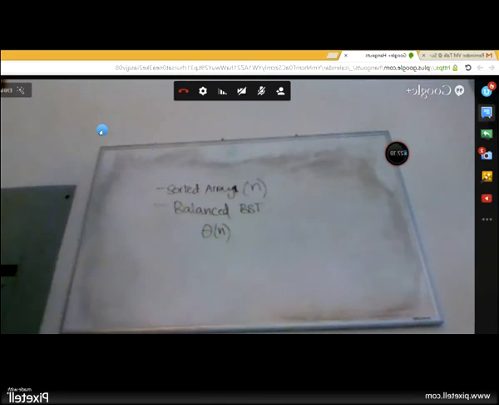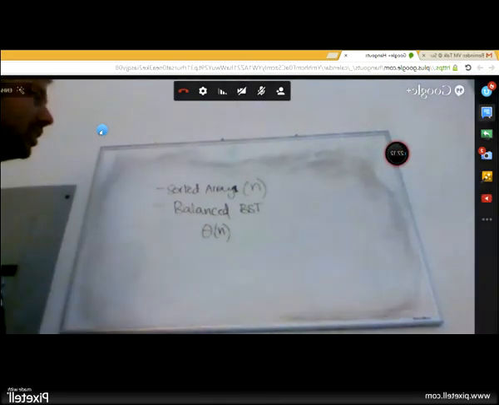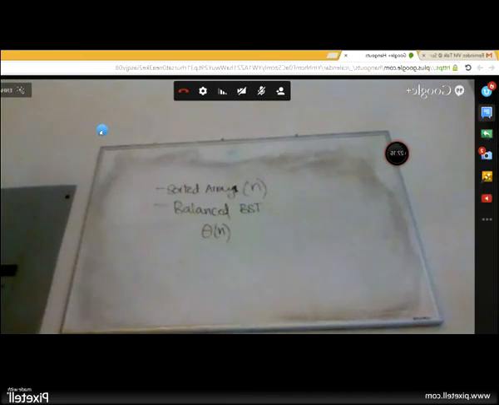What is the time complexity to construct a binary search tree in general? If you were given n elements fed to you, they're not sorted or anything, they're just fed to you. What would be the time complexity to construct a binary search tree? That would be log n.